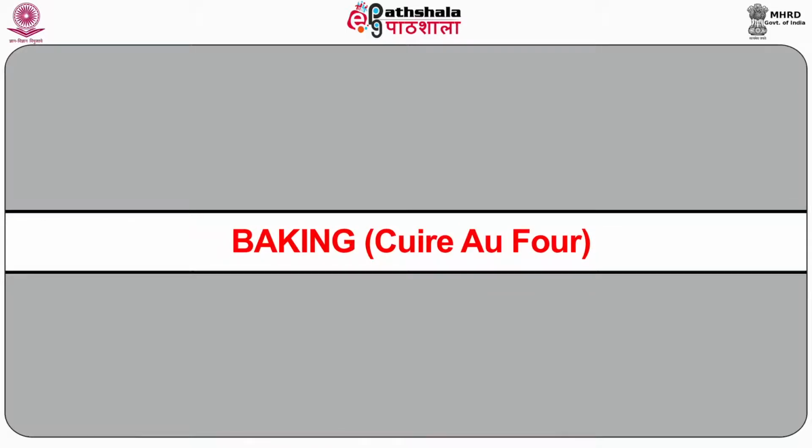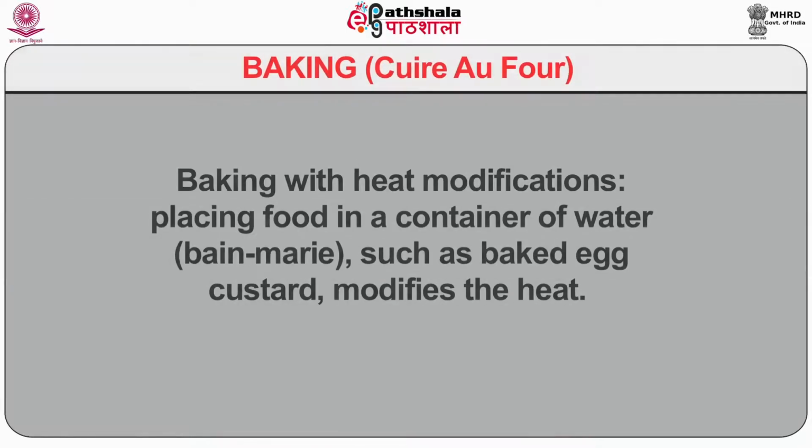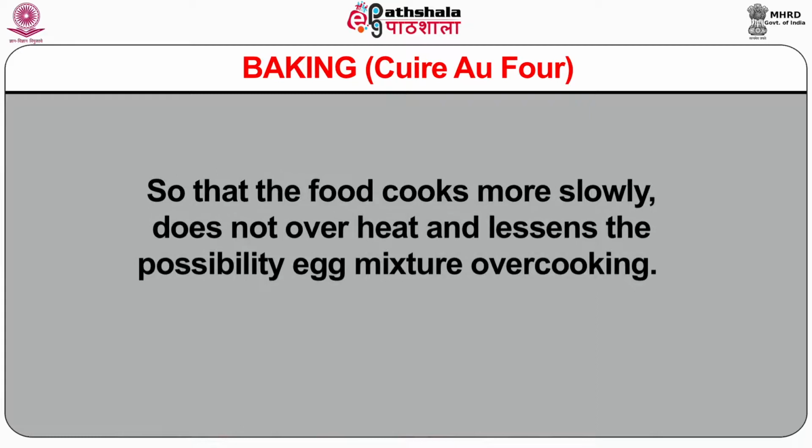Baking with heat modifications: placing food in a container of water, a bain-marie, such as baked egg custard, modifies the heat so that the food cooks more slowly, does not overheat and lessens the possibility of the egg mixture